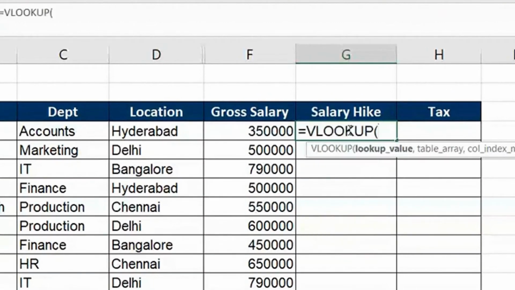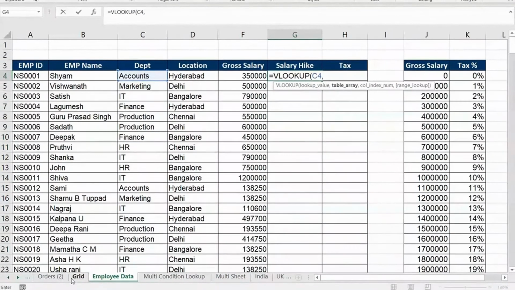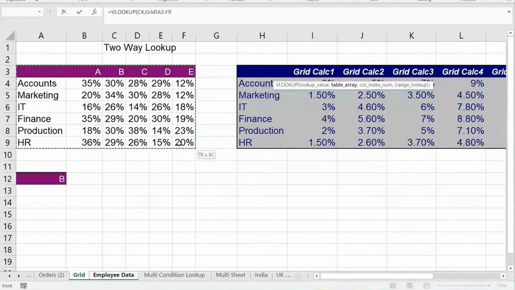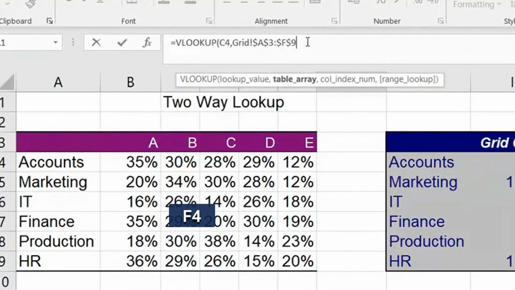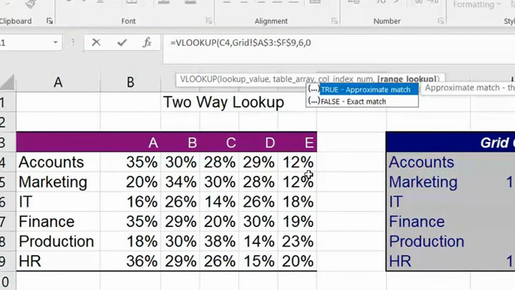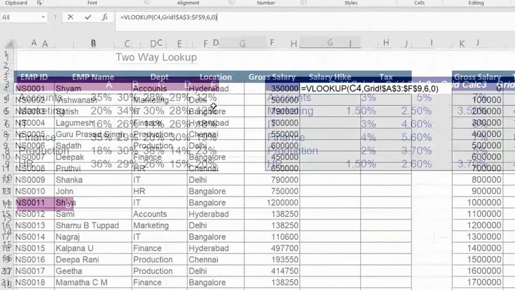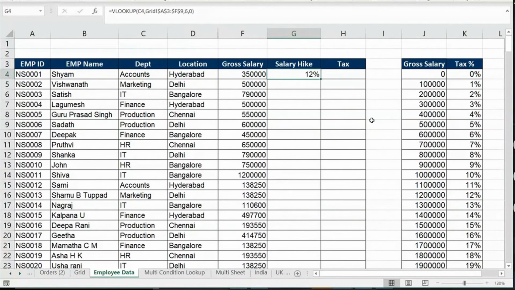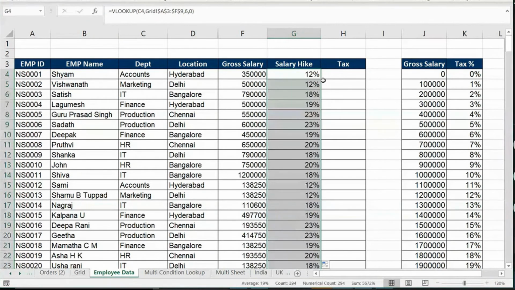equals to VLOOKUP. It's simple. I'm not talking about very advanced things here. I'll search for the department, comma, table. Table is this grid. So I take this entire table, right? Because I took a table, I'll make it absolute, very important. Comma, because we considered everybody's grade is E, so I'll just count that number, 6th column. I'll just write 6, comma, I'll write 0. That is my exact match. So I close the brackets and I hit enter. We all know that based on the 6th column data, it has got me the information, right? That is pretty simple. But the challenge is not that.